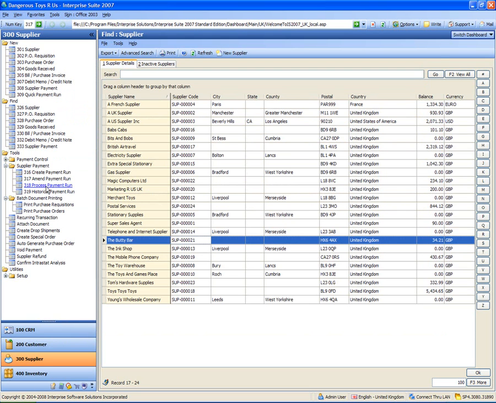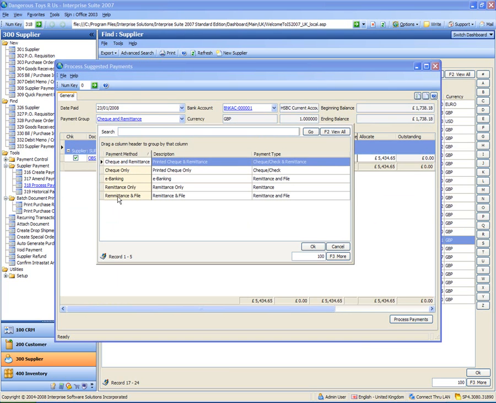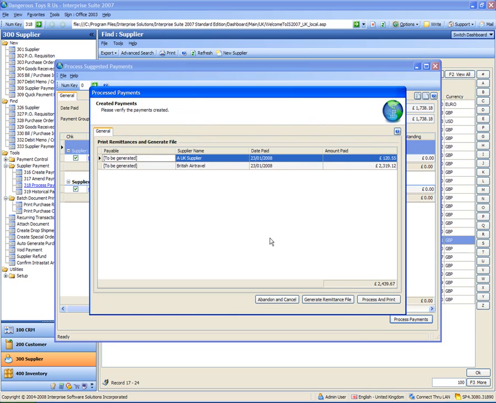And then finally I can go and process my payment run. Now I have to process my payment run per payment group. So if I do the first one as remittance and file, this shows any transactions that are against suppliers that have remittance and file. In this case it's British Air Travel. So if I click process payments on this, and then say that I want to process and print my remittances,